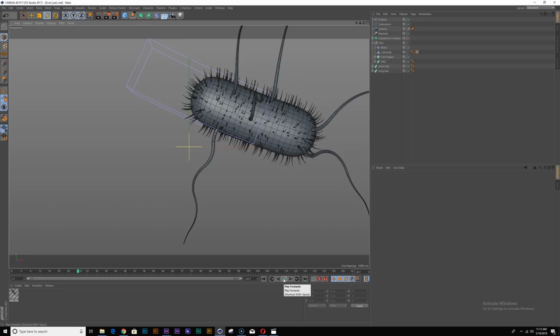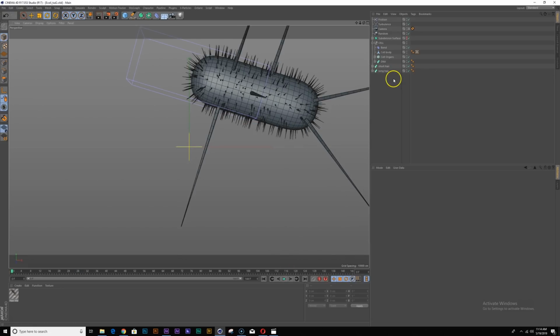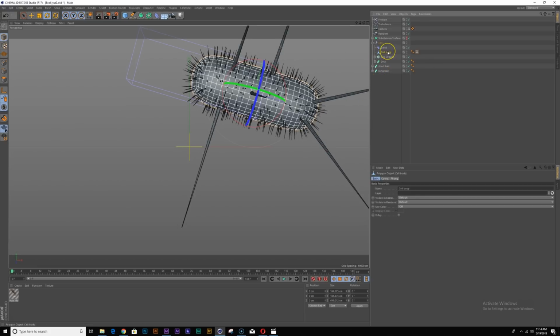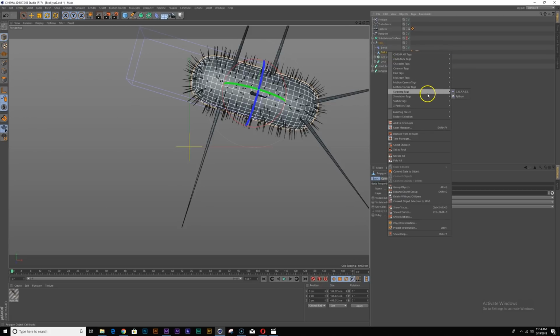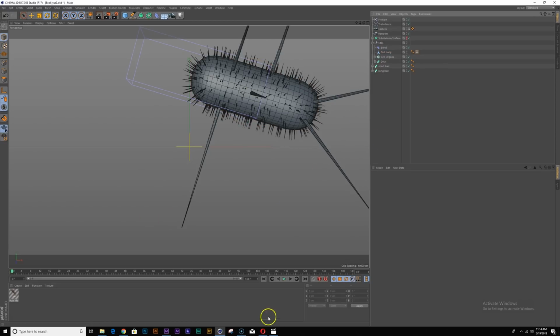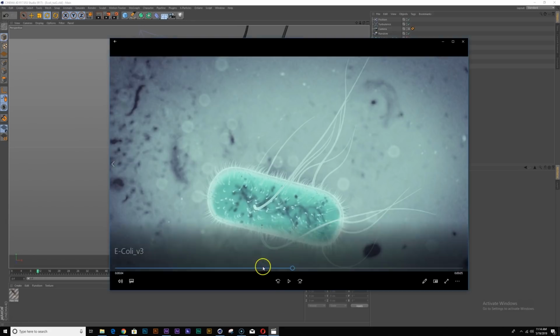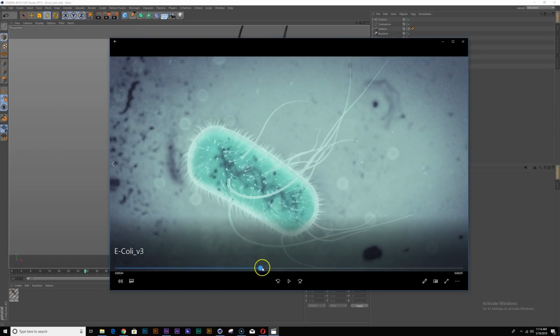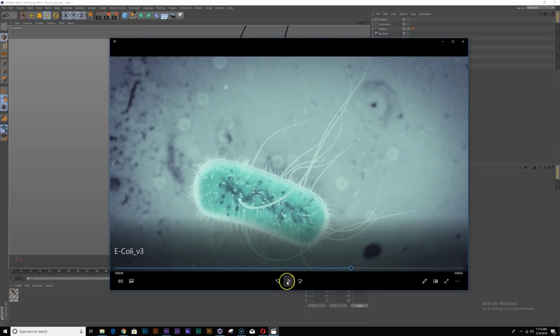Okay. And another thing to think about, and I don't think I need it, but sometimes if the hair is intersecting with your cell body, what you can do is click this and add a hair collider. But I don't think you can really tell, at least from what I'm seeing, so we don't need that, to speed up our animations. So at this point, let's get into doing some rendering.